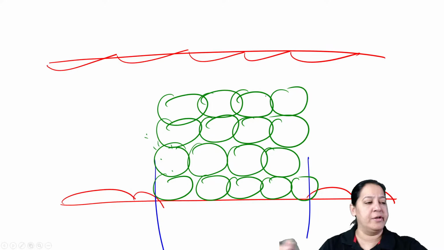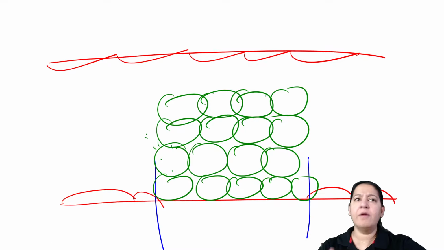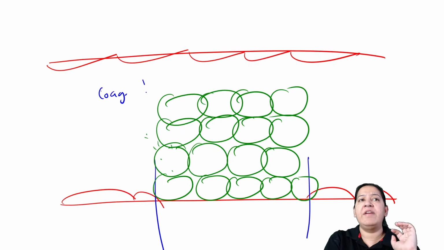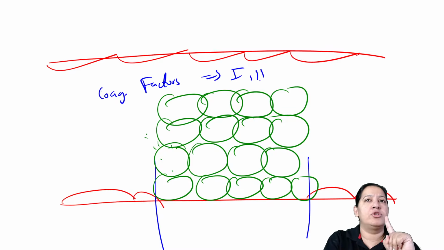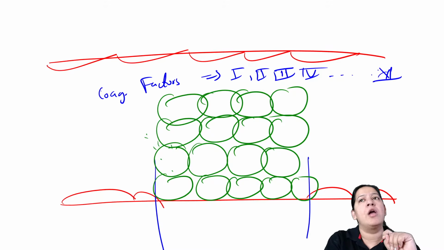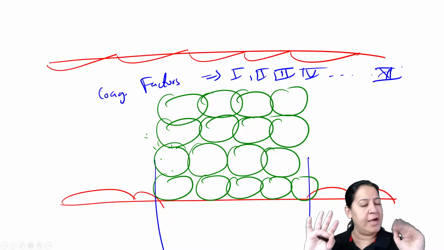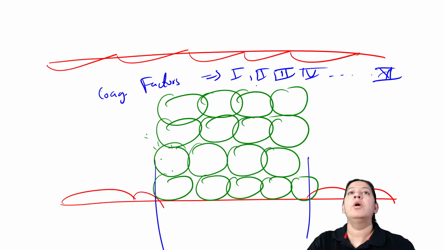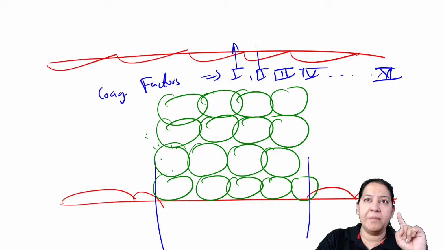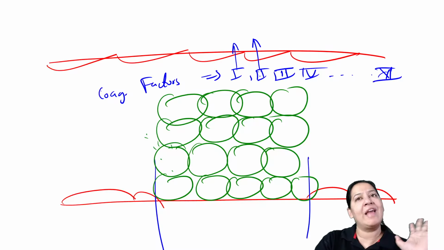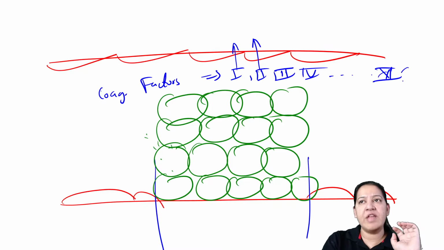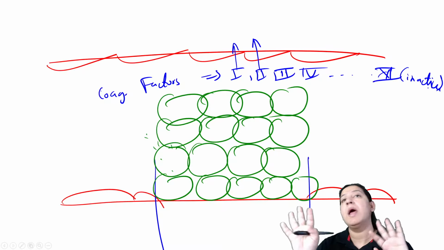But this is unstable. Now, in the lumen of the blood, we have coagulation factors. How many coagulation factors do we have? We have 12, written in Roman numerals: 1, 2, 3, 4. Likewise, we have 12 coagulation factors present in the blood. You may have studied them in biochemistry and physiology, and you know the names of various coagulation factors also. Factor number 1 is known as fibrinogen. Factor number 2 is known as prothrombin. Likewise, we have various factors, but all of them are inactive in blood. They are present in the blood, all 12, but they are inactive.